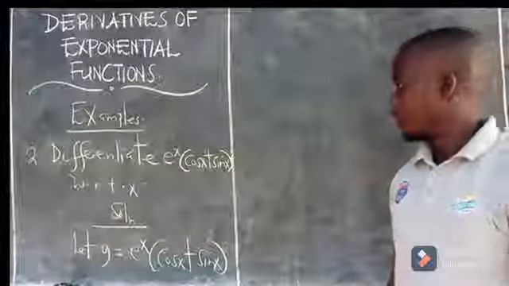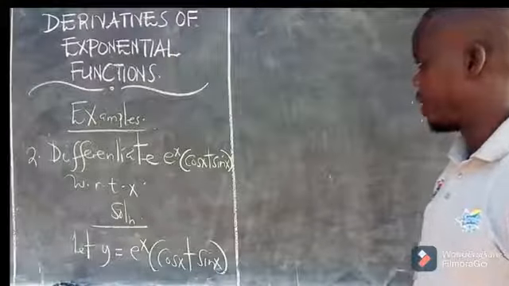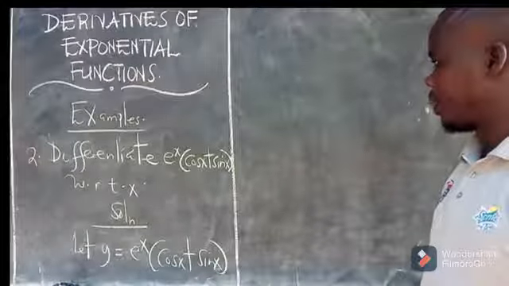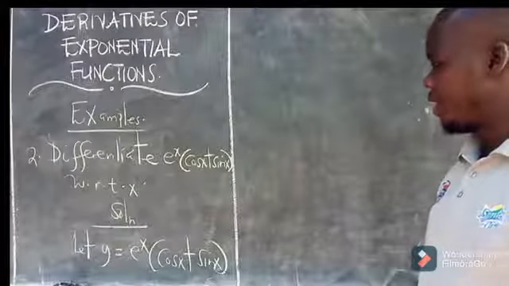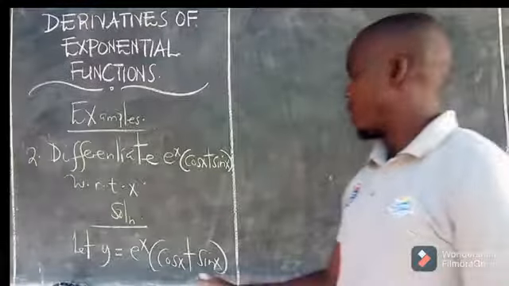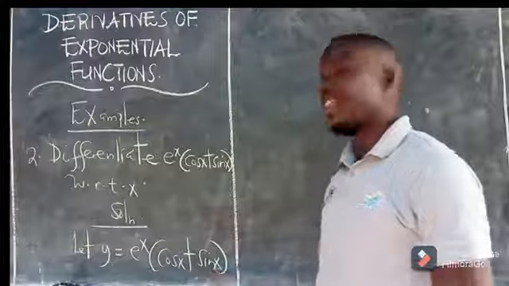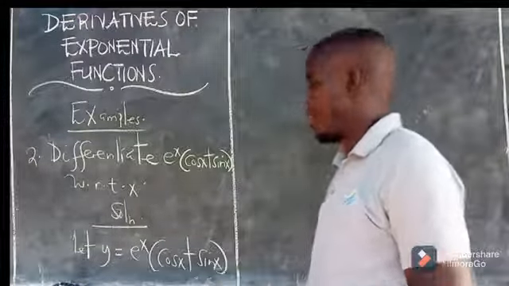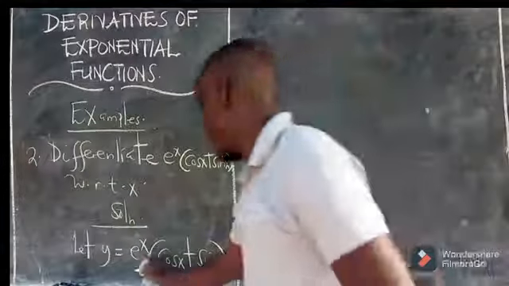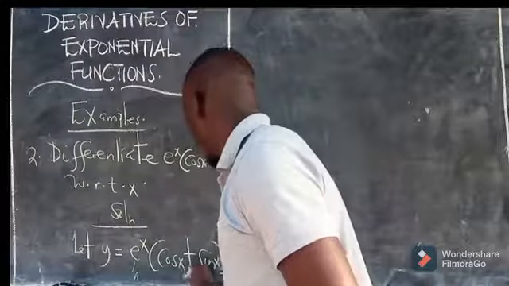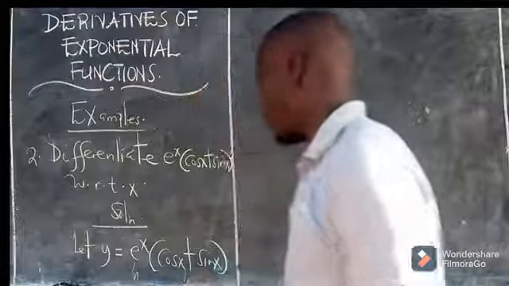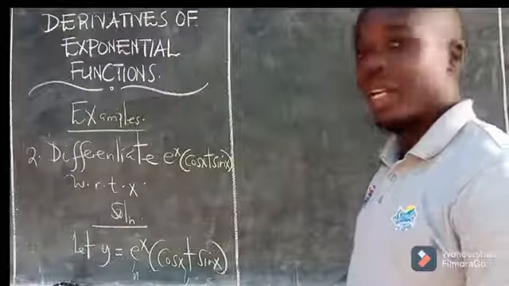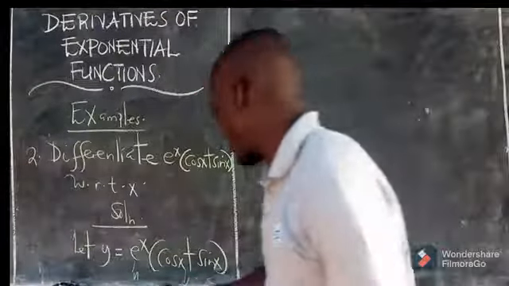Okay, so our question 2 says differentiate exponential x into brackets cos x plus sin x with respect to x. Now in this case, I'm going to handle cos x plus sin x as a combined function, and then handle exponential x as an individual function. So I can call this u and call the whole of this v, or any of them can be u and any of them can be v,